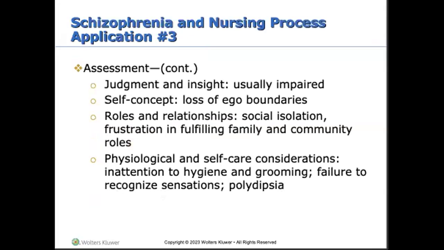We want to test their judgment and their insight. Judgment is frequently impaired with clients with schizophrenia because judgment is based on the ability to interpret the environment correctly. It follows that the client's disordered thought processing and environmental misinterpretations will greatly impact their ability for proper judgment. At times, their lack of judgment can be so severe that it can affect their safety and their protection to keep themselves out of harm. Things might be failing to wear the appropriate clothing, not being able to seek the appropriate medical care.